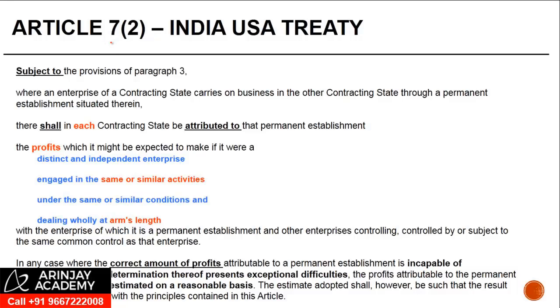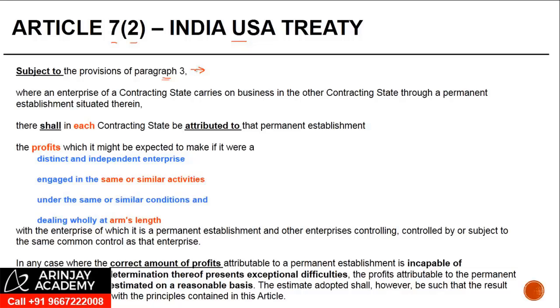Article 7, Paragraph 2 of the India-USA Treaty. This basically deals with how you calculate the profits of a PE, subject to the provisions of Paragraph 3. Now, Paragraph 3 basically mentions what are the expenses which are going to be allowed to the PE as a deduction,